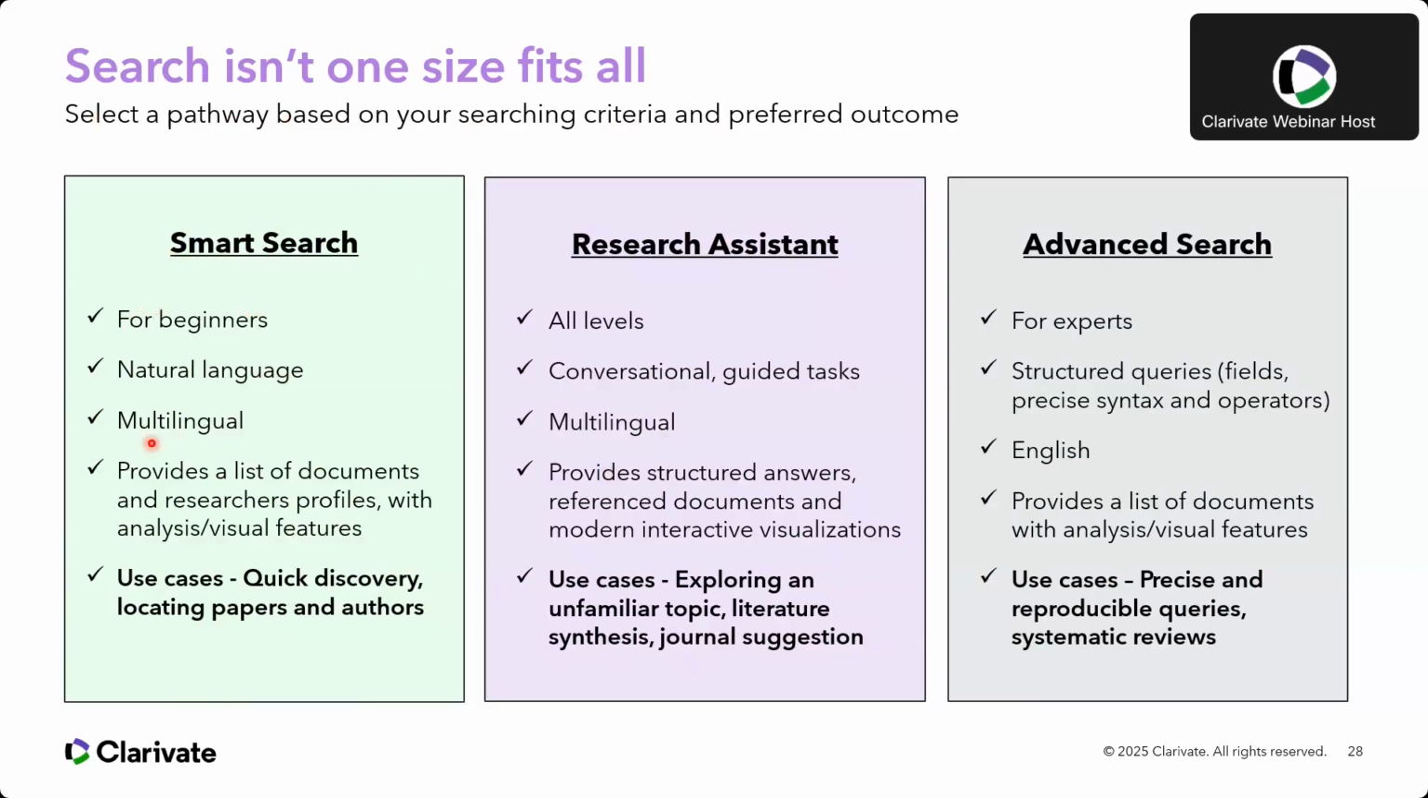For the smart search, really for beginners, it supports natural language. Multilingual provides a list of documents and researcher profiles with analysis, visual features, use cases. This is good for quick discovery, locating papers, and other. Research assistant,